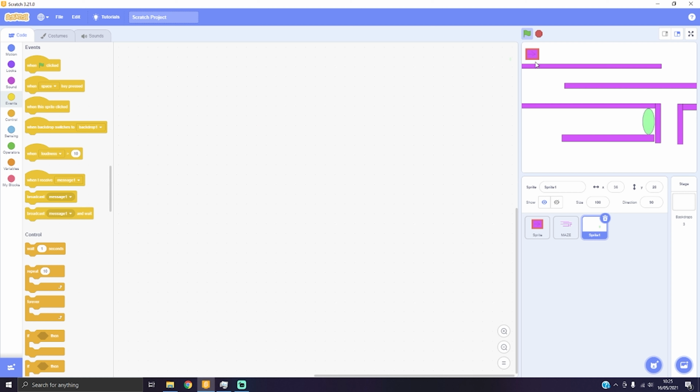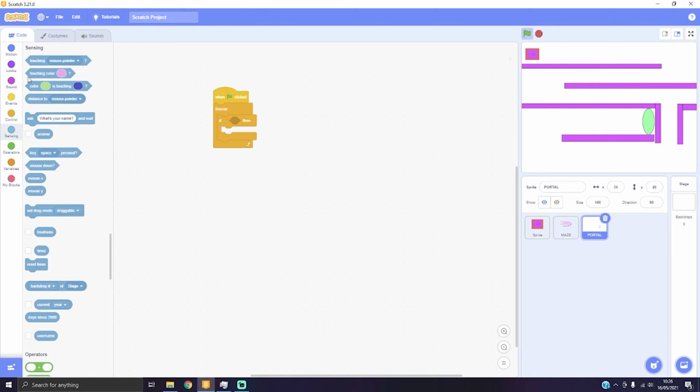So if the sprite touches portal, I'm gonna change it to portal. So we're gonna go to this. When go button clicked, and then grab forever. If in the middle, go to sensing, grab the top one, and then sprite, touching sprite, and then now you're